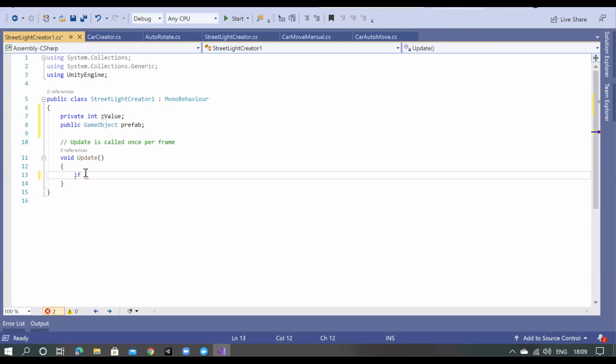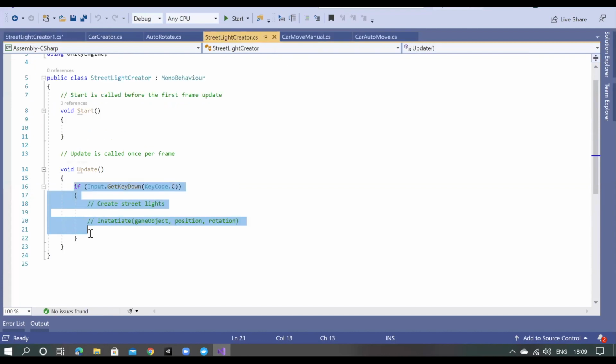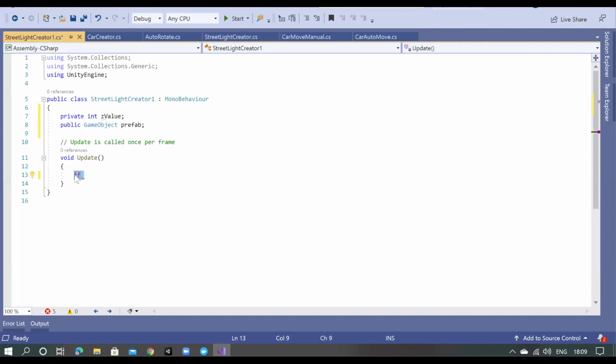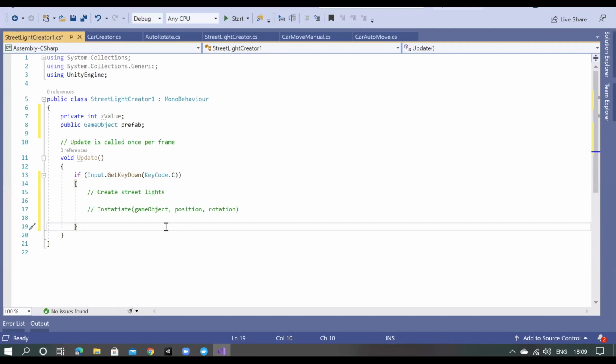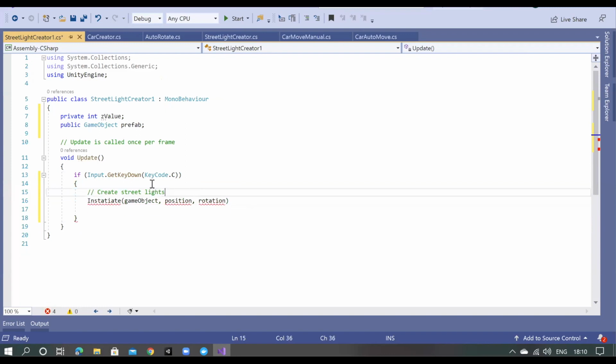Again, I'll have the same code. From the other creator, I'll copy this code and paste it with Control C and Control V. Instead of C, I'll make it R. Now for instantiate, here I will have prefab.